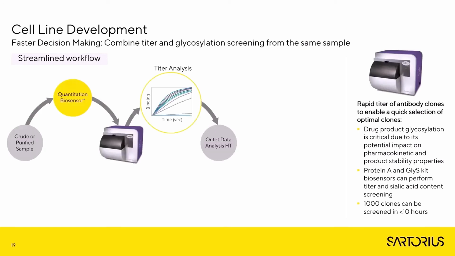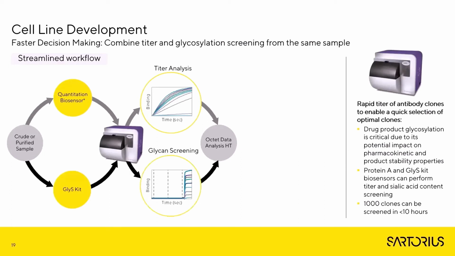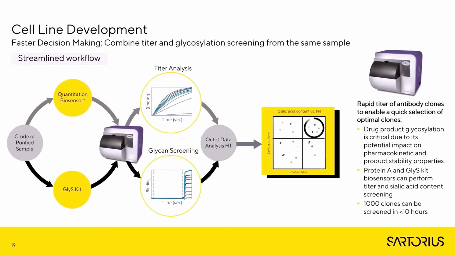Furthermore, we can combine a screening of the glycan profile with titer determination. And this allows us to identify not only the clones which produce the biologics with the right glycan profile, we find in the same assay the high producers, and this means we can now forward in the downstream development process the optimal candidates for the production of our biologic.